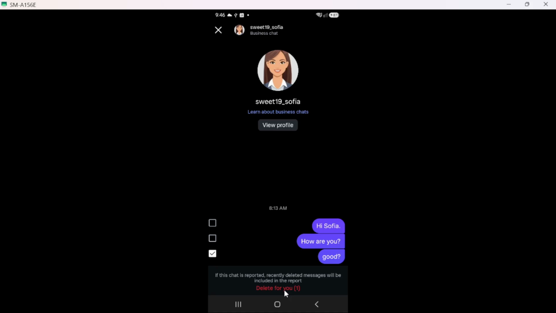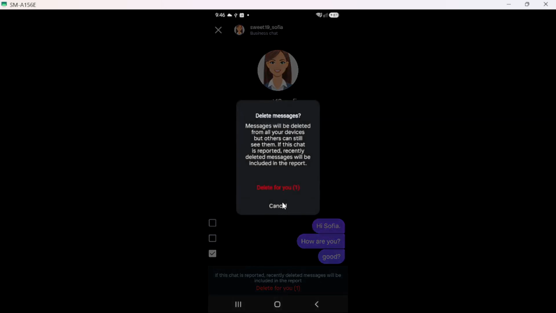It's essential to understand that deleting a chat only removes it from your inbox. The other person you were chatting with will still have access to the conversation unless they choose to delete it too. This piece of information is crucial for maintaining your privacy and understanding the implications of your actions. Knowing that the other party can still see the chat can help you make informed decisions about what to delete.